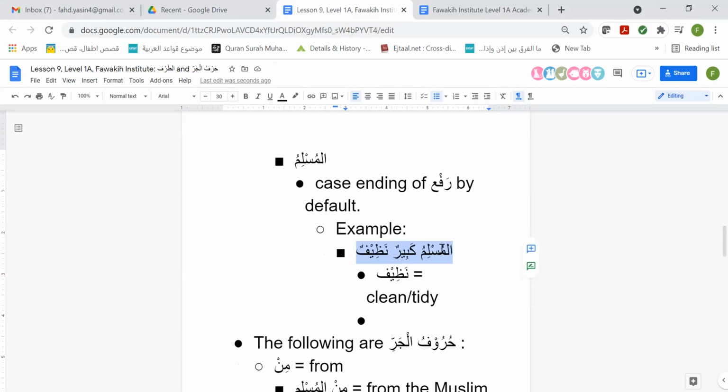Keeping in mind 2 grammar rules. Hanan, did you raise your hand? You want to try? Yes. Sure, I'd like to try just for practice. Al-Muslimu, so it's in the definite state, so it's the Muslim. Good. But because you mentioned that it's an adjective phrase, maybe I would translate it as the older Muslim, or the old Muslim is clean, or the elderly Muslim is clean. That's my guess. Yeah, that's a good try.